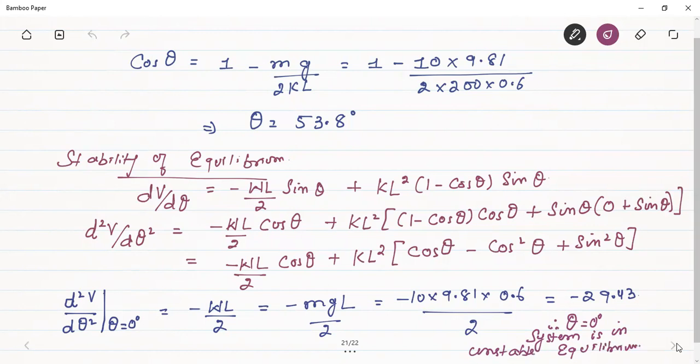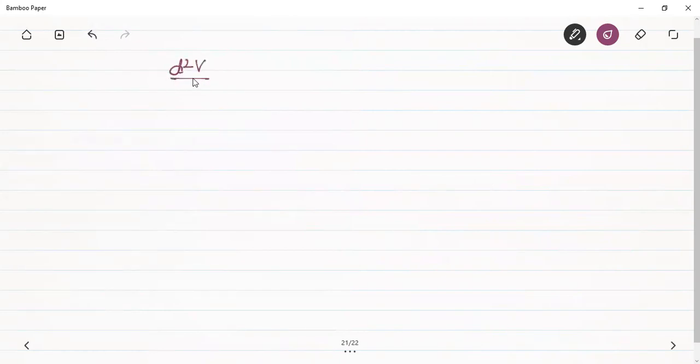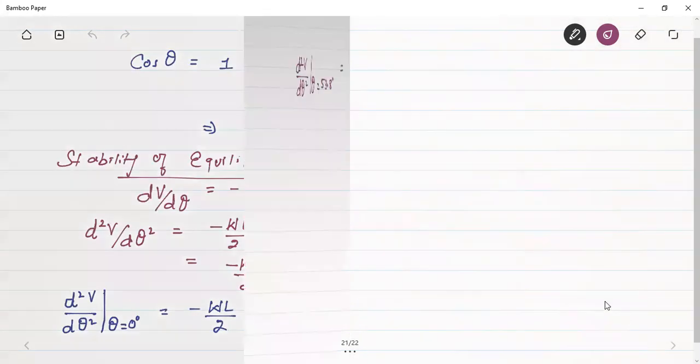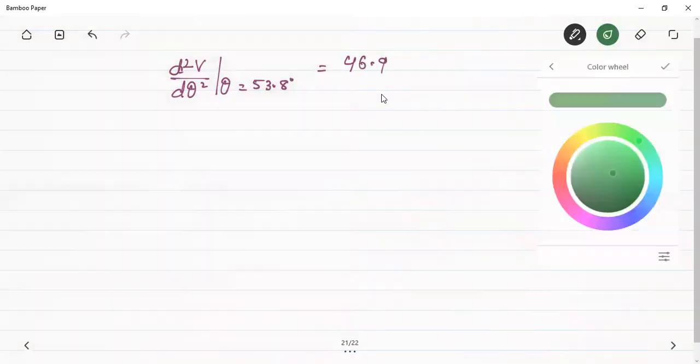Okay. Similarly, we have to evaluate the second derivative of the potential function at theta is equal to 53.8 degrees. Okay. And this comes out to be, once you put the value of theta is equal to 53.8 degrees in this equation, okay, solve it yourself, and this will come out to be plus 46.9. Okay. So this value comes out to be positive,